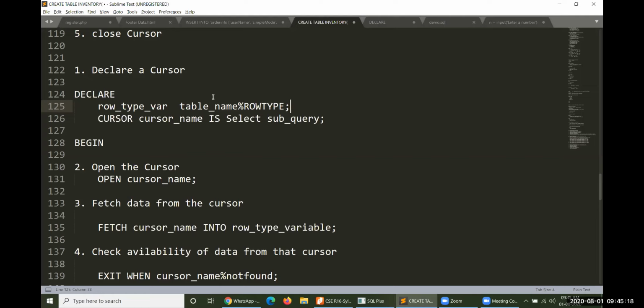So this is the specification you need to make before creating this particular cursor. Okay, then you can create the cursor.